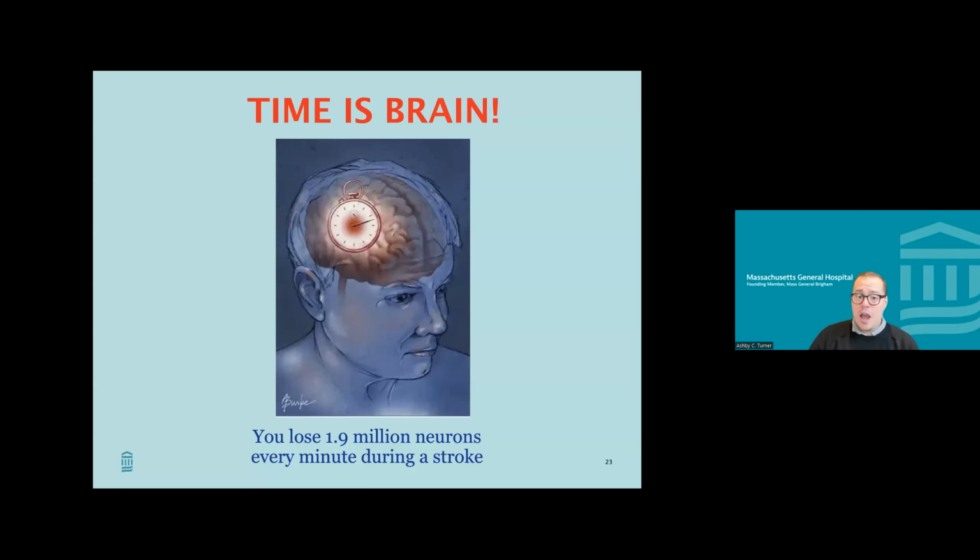So again, time is brain. I've emphasized this throughout, that getting to the hospital as quickly as possible is most important. One, to increase the options available as far as treatments go, but also to improve your chance of a better outcome, even if the treatments are administered. And the reason for this is that you lose 1.9 million neurons every minute during a stroke. So every minute counts, and getting in quickly